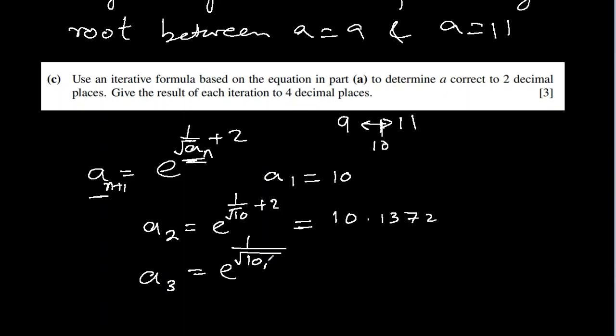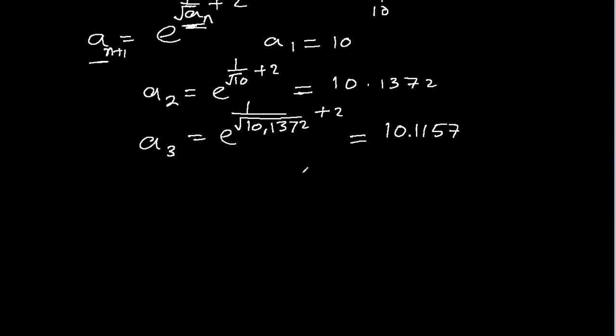So 10.1372. Okay, that's it, plus 2 also. And I got now 10.1157. Okay, next